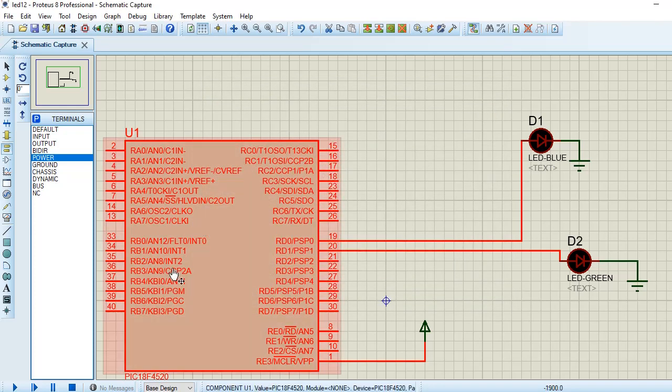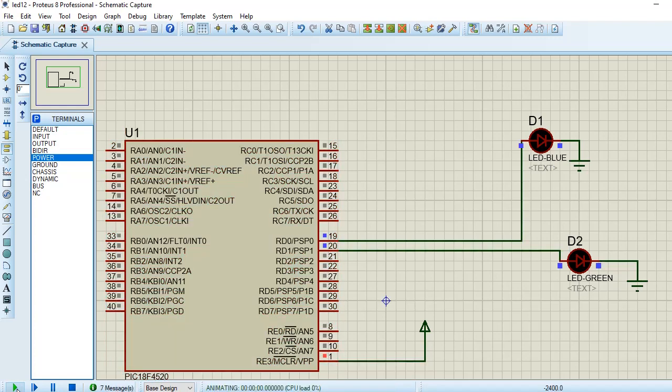So our simulation is ready. Now click on start simulation. Now the LEDs are glowing and our program is executing. This is all about LED interfacing with the help of Proteus simulation. Thank you.